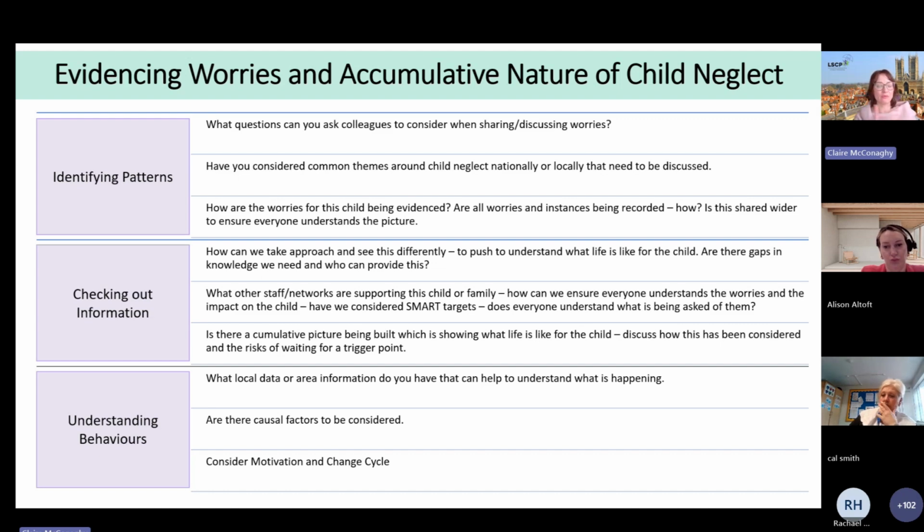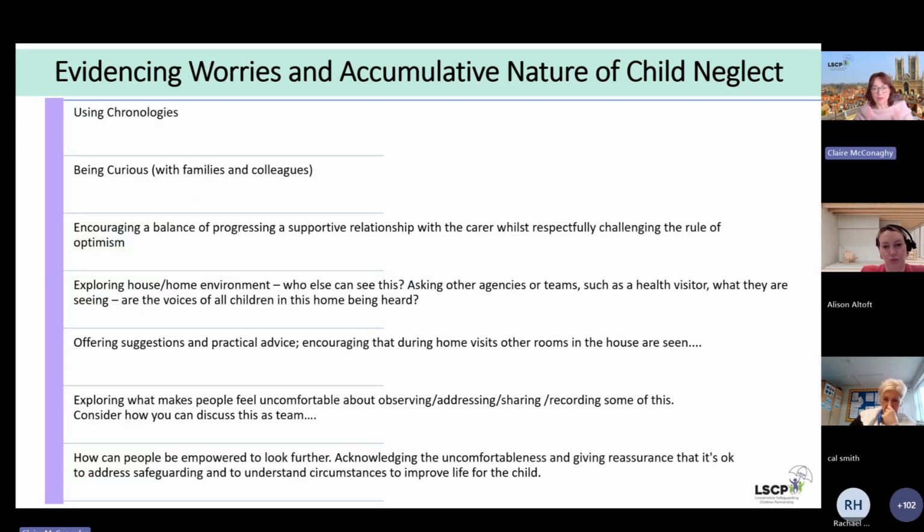Just moving through, it's also about understanding those behaviours. So we might want to use those ideas of the cycle of change. They're all in the resource, and we just wanted to break that down and think about it in those areas of how to move through. So we've touched on chronologies. These are the areas of the resource and scales that can support practice. We just want to draw your attention to these today.